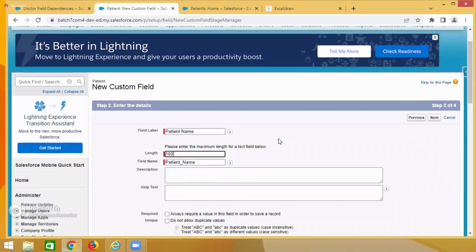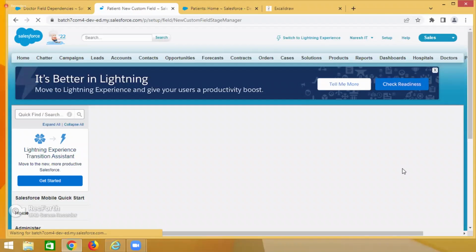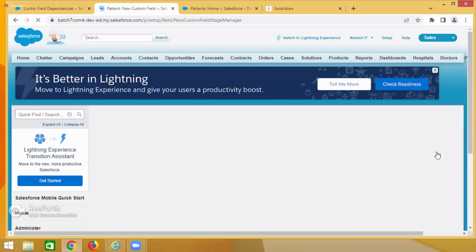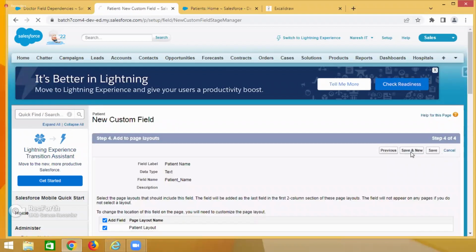Patient name, I think patient is okay. Length, for example, 100. Patient name is required. Yes, required, but I don't want to use it, guys, because in some cases I'm not entering all the values, so that's the reason you need to add it. Now visible to all. Next,